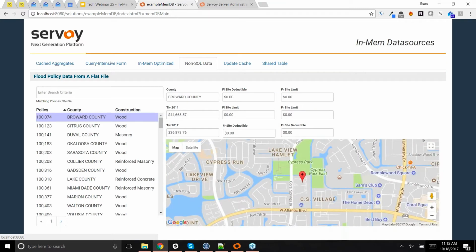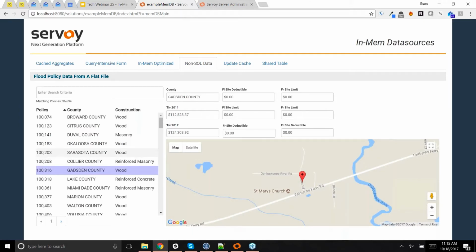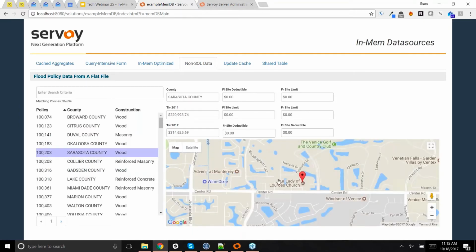But once it does, I have this stuff in a database table, and I can build a form against it and do all kinds of other things against it. So you can see that I can click through this just like any other form. I have a map, which is also using, they had location data, so I decided to put a map to show that. But I also want to show that this is